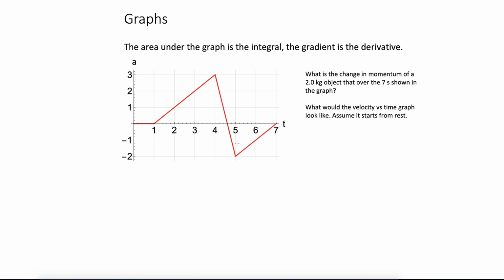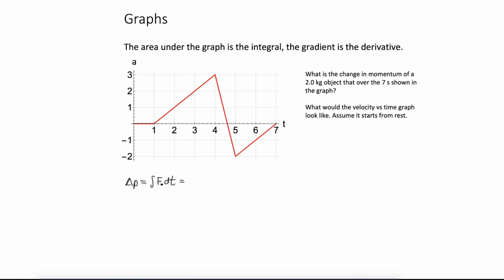So here's an example of a fairly challenging question that we could be asked about a graph. And there's always a few different ways that we can approach these questions. So the first question, what is the change in momentum of a 2 kilogram object over the 7-second interval shown in the graph? So what we want to know is what's delta P. And one way we can do this is to use impulse, which tells us that it's equal to the integral of F dt, which is useful because if we had a force versus time graph, then we could just work out the area under this graph. Unfortunately, we don't just have a force time graph in this case,